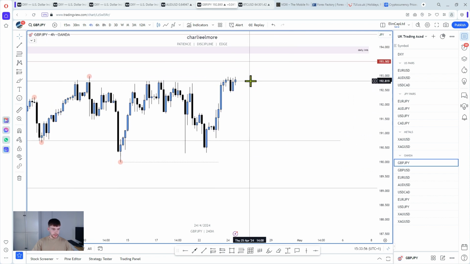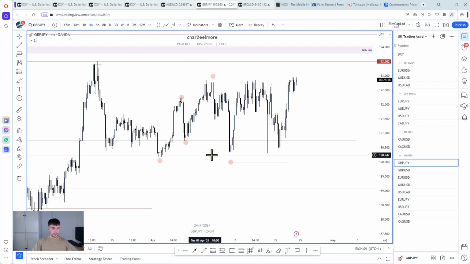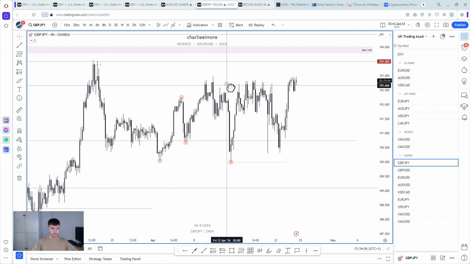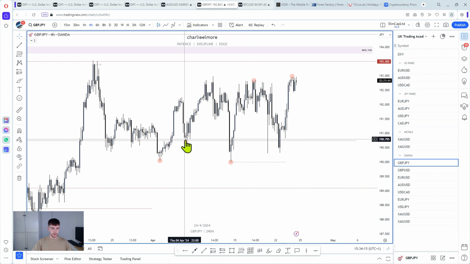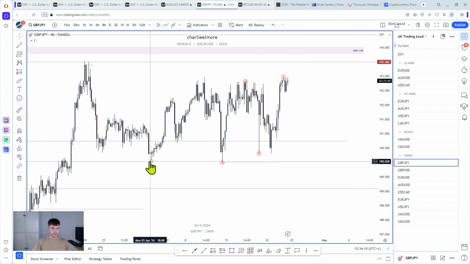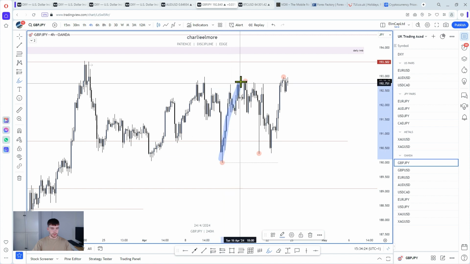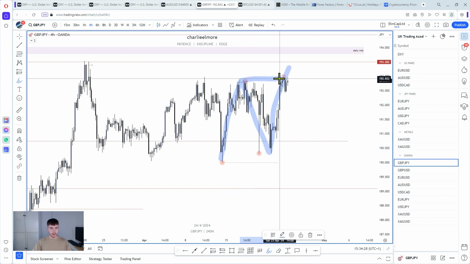Okay, going down into the 4-hour, what we can actually mark on is this 4-hour structure. Now, I'm not going to take much note of that bearish break because we are bullish overall. Okay, so that's the high there. Then we had a higher low there. So that's what we're currently working with, the most recent 4-hour structure. Okay, that we've closed above that high there.